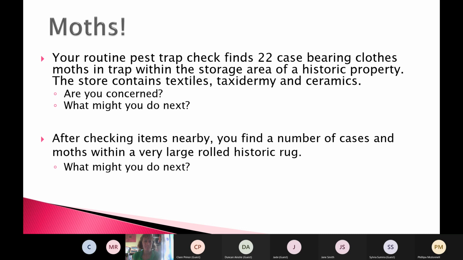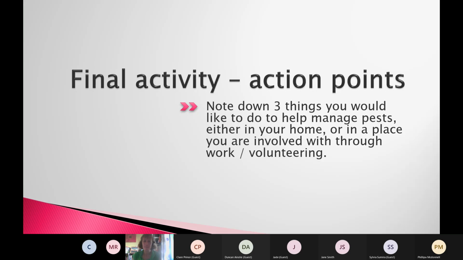It was really good of you to all take part and to have a think about those issues, and it's really nice to see that you've really taken on board everything that we've been talking about today and last week. Now, there's one final activity that I would like you to do, and I've called it action